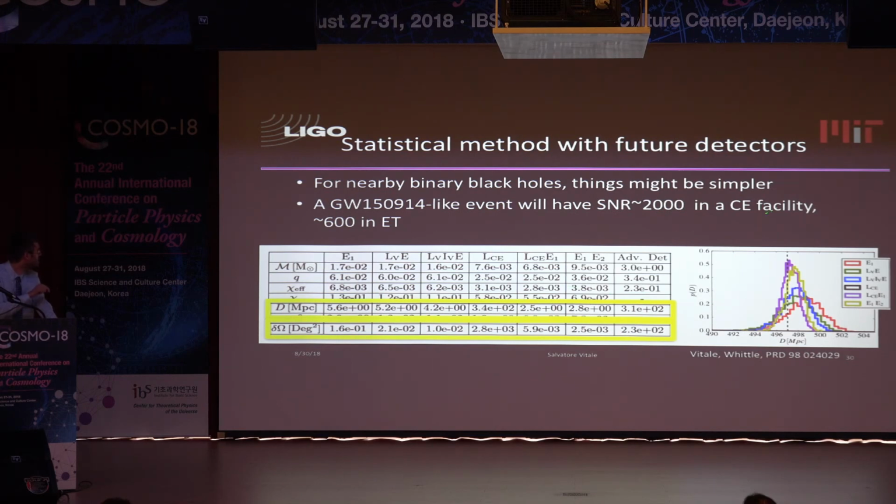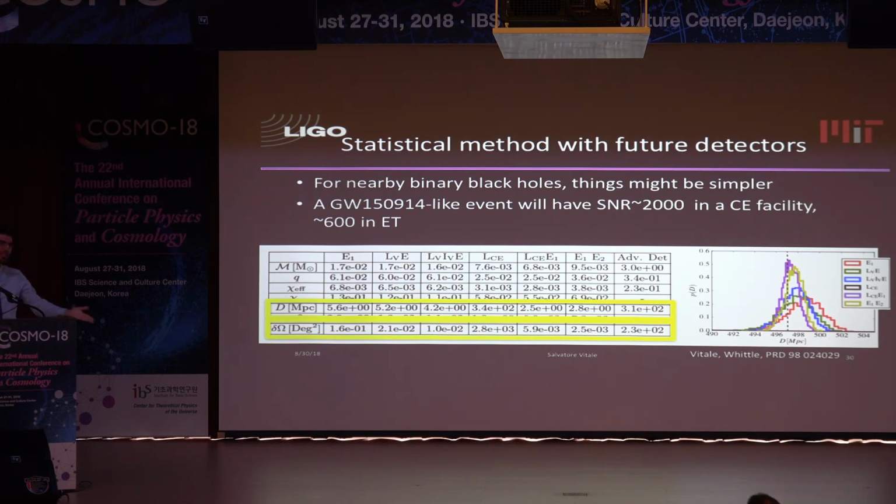If we have these future detectors online with this source, the signal-to-noise ratio will be on the order of hundreds or thousands, depending on the facility. And with this signal-to-noise ratio, the uncertainty on your sky position and distance measurements for this binary black hole would be so small, you can see the number here, that on average, in that 3D volume, there is only one galaxy. So although the binary black hole is not luminous per se, it's localized so precisely that there is only one galaxy that is compatible, on average, with that event.